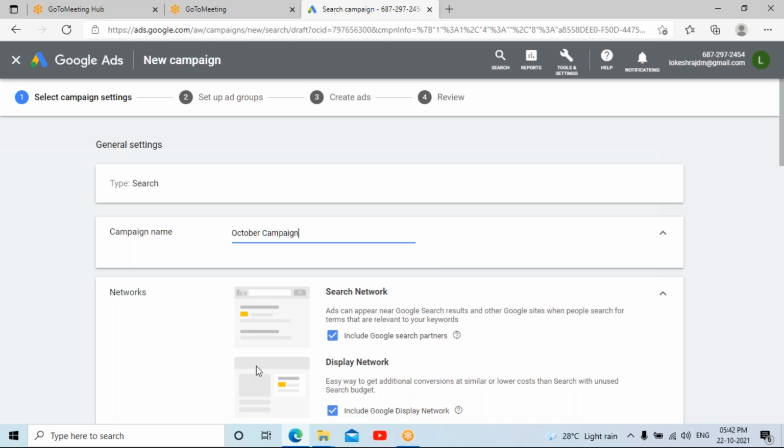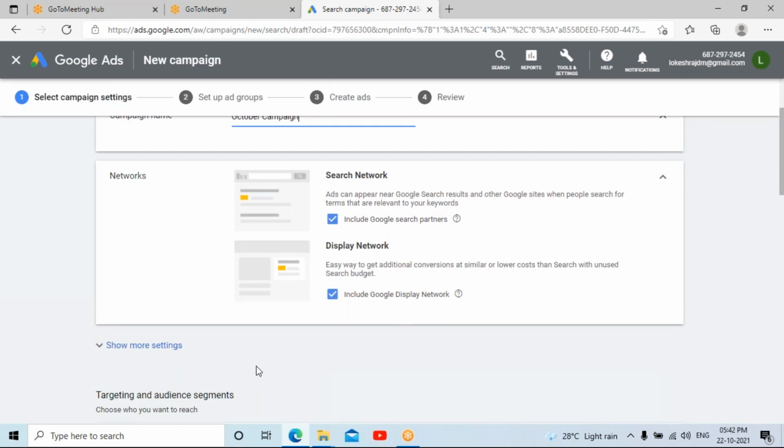Next, do you want to run the ad on the search network or the display network also? You can choose both or any one of them.